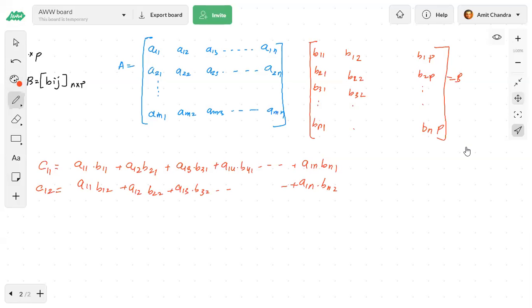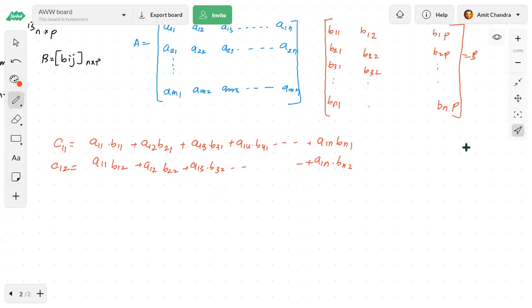So if I have to write a general statement for the element of C, I can write Cij. Cij will be nothing but the sigma of... If I write C11, this part is the same for each element when it is multiplied. Right? This is all the same. Similarly for this one, this is the same.